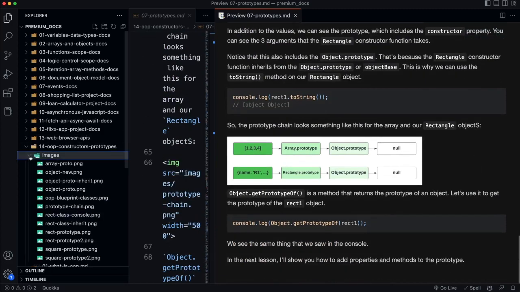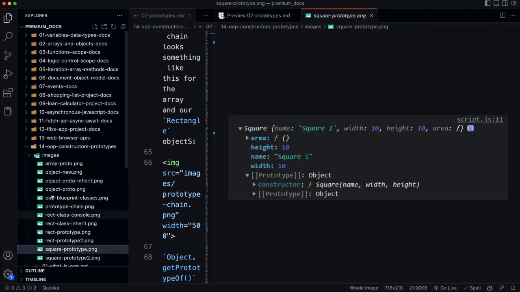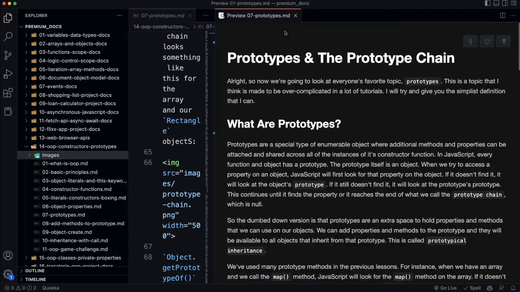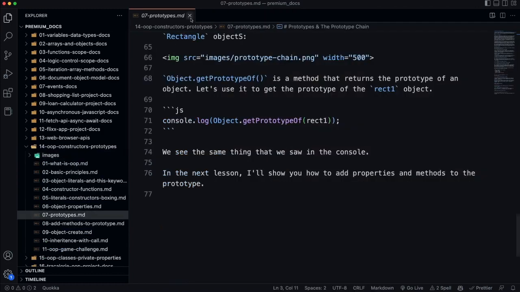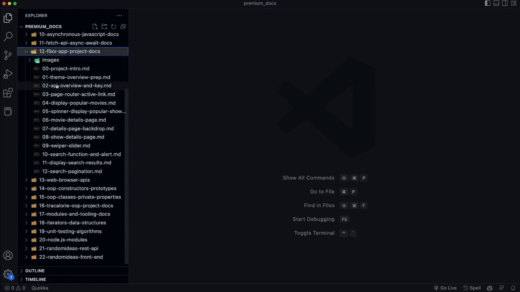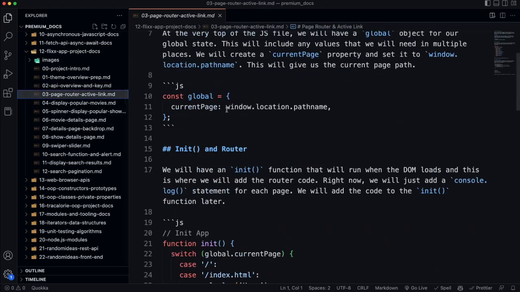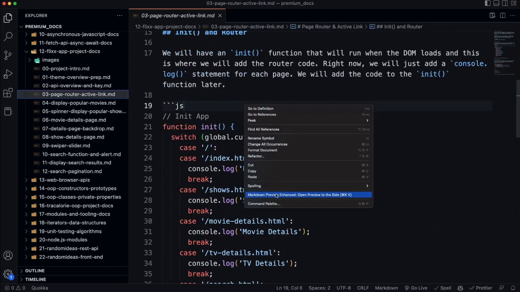So anytime you see these images, these are just diagrams or images or screenshots that I include in the documentation. And what's nice is not only do I have the learning modules, but also the projects. Like if we go to the Flix app, every video in the Flix app is here, and all of the code samples as well. So if we preview this,